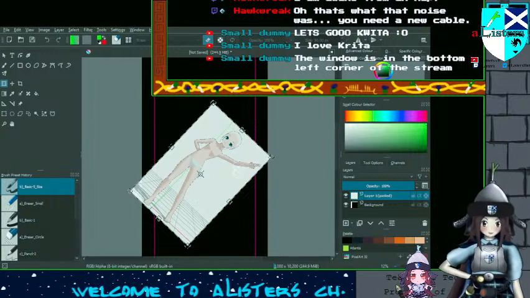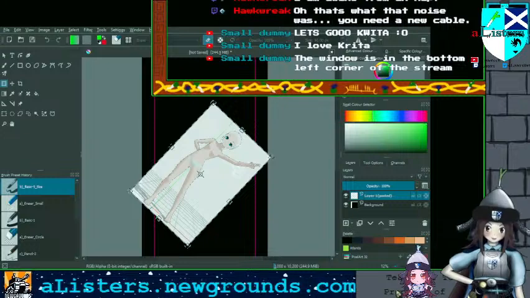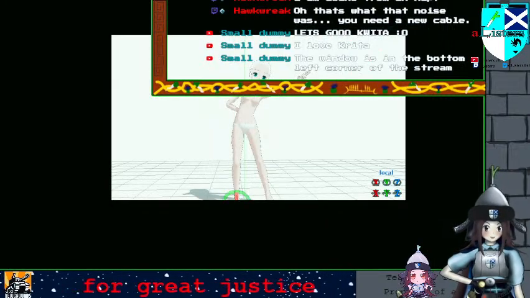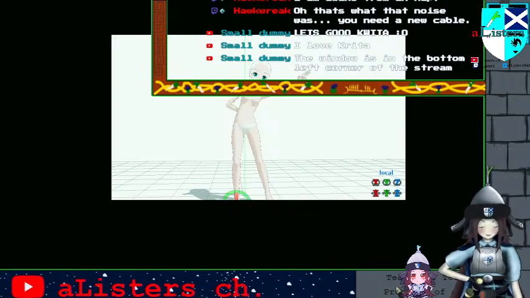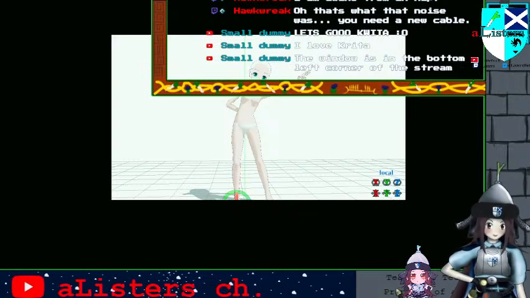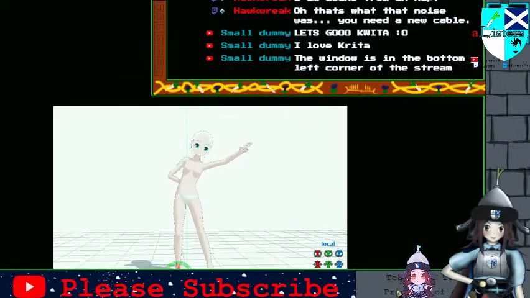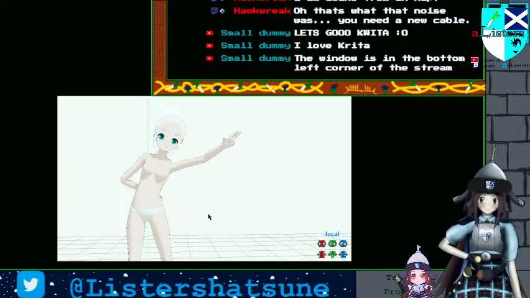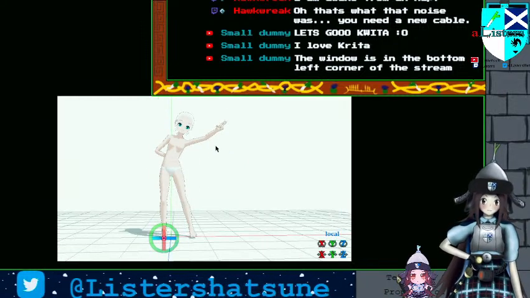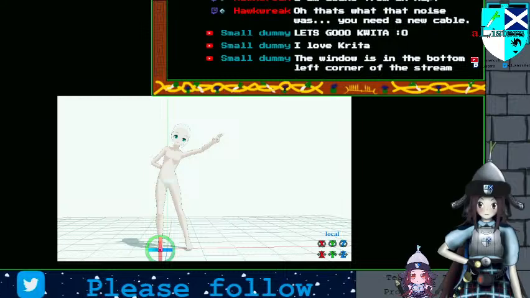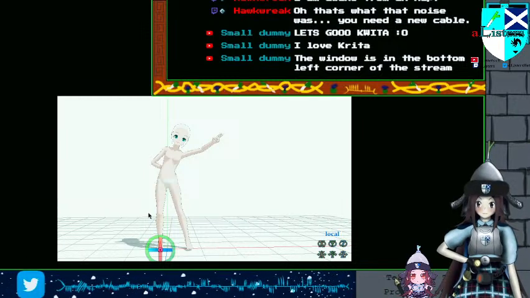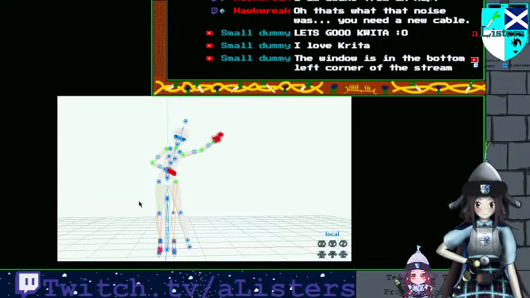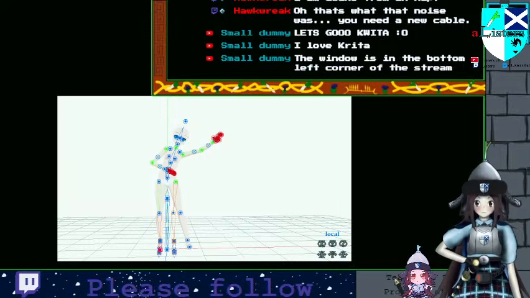I'm actually going to quickly switch it back to Miku Miku Dance for a second, because what I want to do is, see, Miku Miku Dance doesn't show up properly, so I had to move it there. I'll do that for now. But yeah, I wanted to move the head very slightly. I forgot to switch that back on stream, if I can remember how to deselect all of the bones, because I did it very briefly.